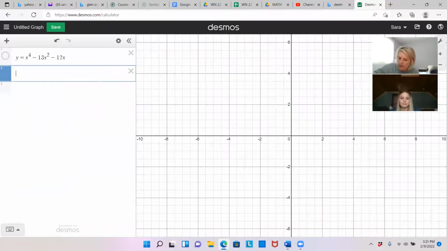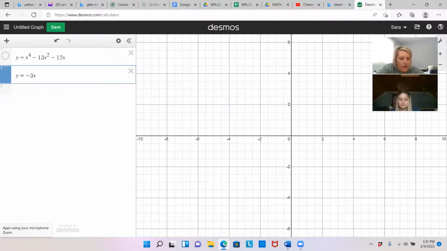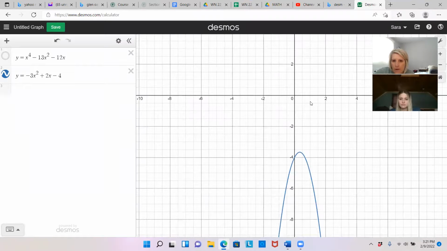So when we put this one in Desmos, we have y equals negative 2x minus 4 plus 2x minus 4. Yep. So because of the negative 3, it's face down, and because its highest degree is a 2, they're both face down. And so we can see we don't have any real zeros. So when we go to look at this, as far as the zeros, if we were to write it in the polynomial function, we have to use,